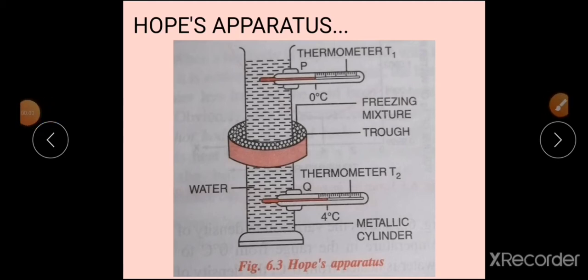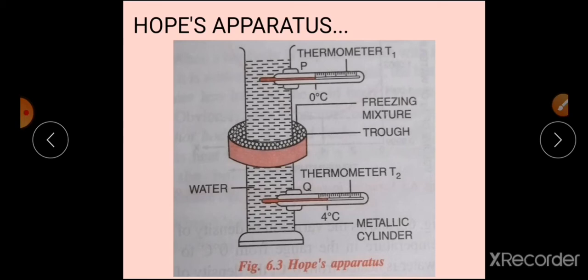In the procedure, what you are going to do is this water you are going to take in this apparatus will be of normal temperature, or it will be at the room temperature initially, and then inside this trough you are going to keep the freezing mixture, which will be a mixture of salt and ice. Why mixture of salt and ice is that if you add salt to ice, it will not melt too fast, it will get longer time to melt. Now since you are going to have a freezing mixture of ice here, slowly what happens, as the time passes, the water temperature will start to change, isn't it?